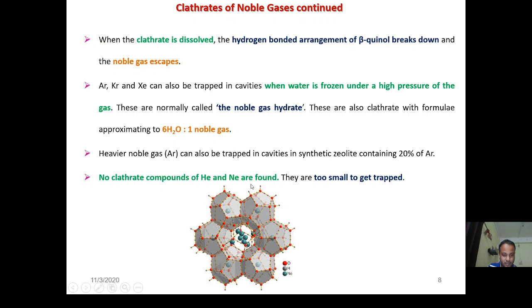This is basically the schematic representation of a clathrate compound. This I discussed in the